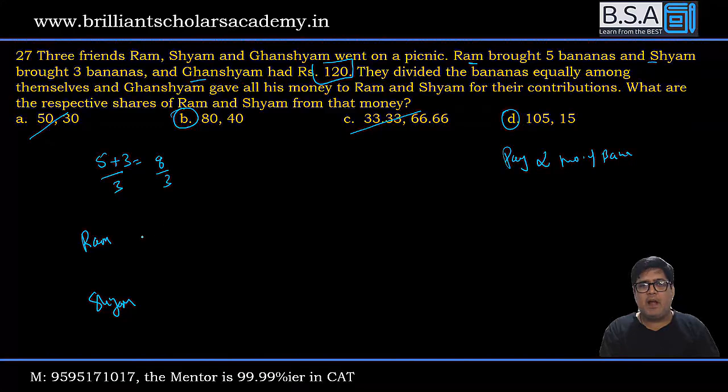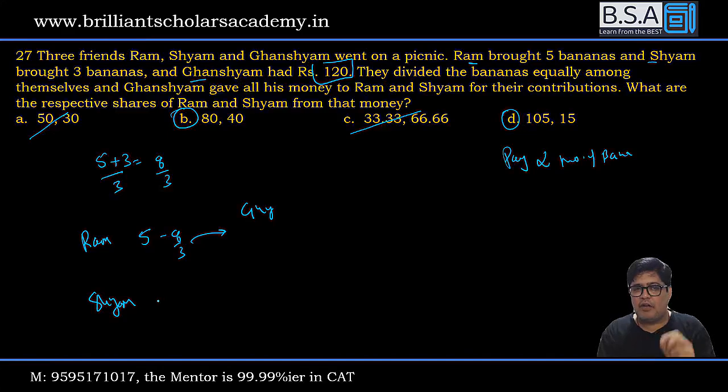Can I say out of 5, Ram will take away his 8 by 3. Whatever remains, that is what is going to Ghanshyam. For Shyam, out of 3, he will take away his own 8 by 3. So whatever remains is going to Ghanshyam. Now 5 minus 8 by 3 and 3 minus 8 by 3 is what they are selling to Ghanshyam. So whatever they are selling can be divided in a ratio, and from there you will have the money being